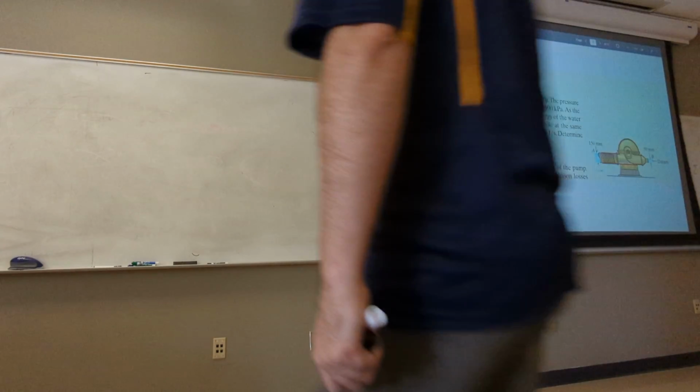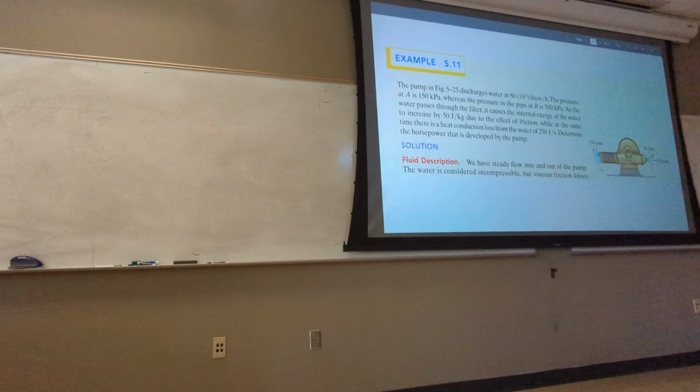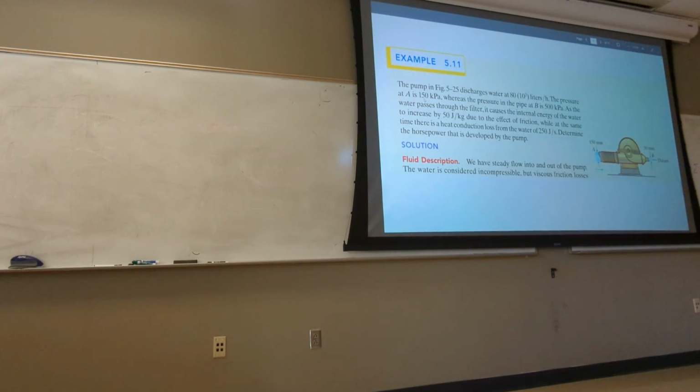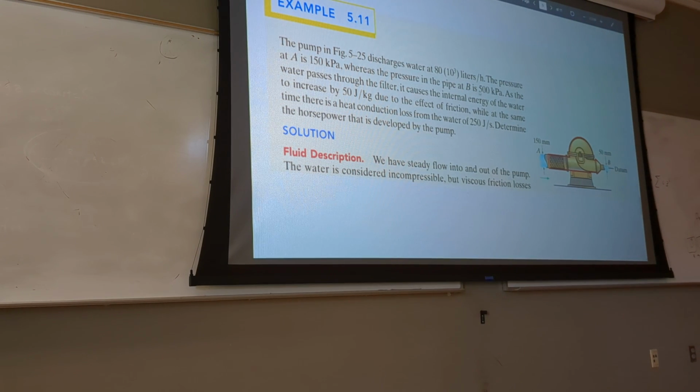Good enough. So you have the pressure at A. Why? Because this is inside the pipe. It's not exposed, so it's greater than atmospheric pressure. It may be lower than atmospheric pressure, in that case it's vacuum. But here you've got a gauge pressure, 50 kPa gauge pressure. And then at point B it also gives you a pressure, which is a little bit over 5 times the atmospheric pressure.